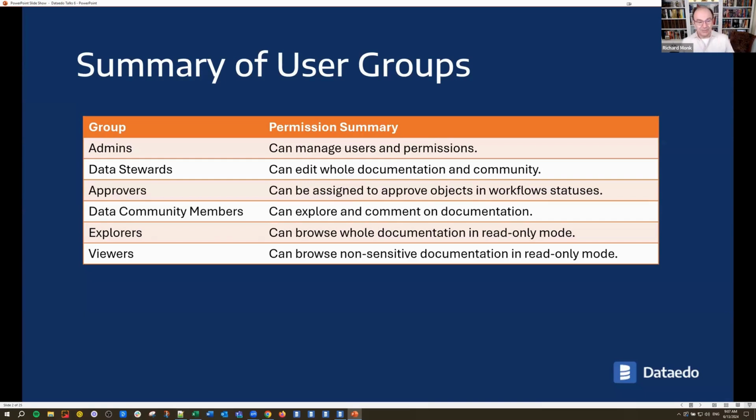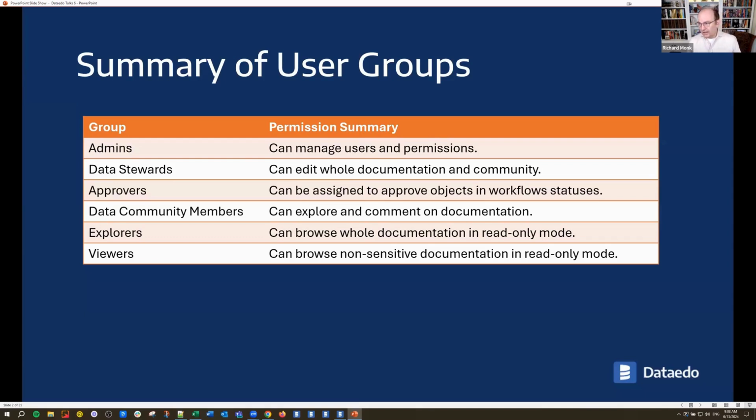So you're getting a sneak peek here if you haven't upgraded yet. The thing I want to talk about specifically is how workflow statuses have been leveraged to control visibility of things in the portal.